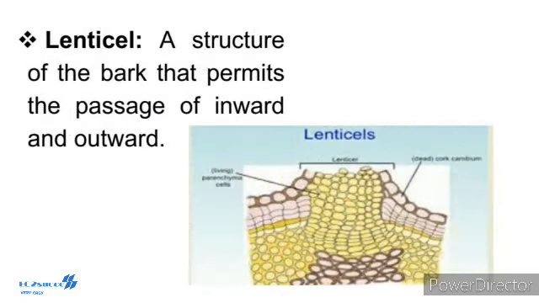Another one, lenticel, a structure of the bark that permits the passage of gases inward and outward. These are aerating pores in the bark of woody plants for the exchange of gases. The lenticels appear on the surface of the bark as raised scars containing oval or rounded depressions. The lenticels usually originate beneath the stomata of the original epidermis. In the region of a lenticel, the cork cambium, instead of producing cork, gives rise to loose parenchymatous cells called complementary cells. These are thin-walled rounded cells which enclose intercellular spaces for gaseous exchange.